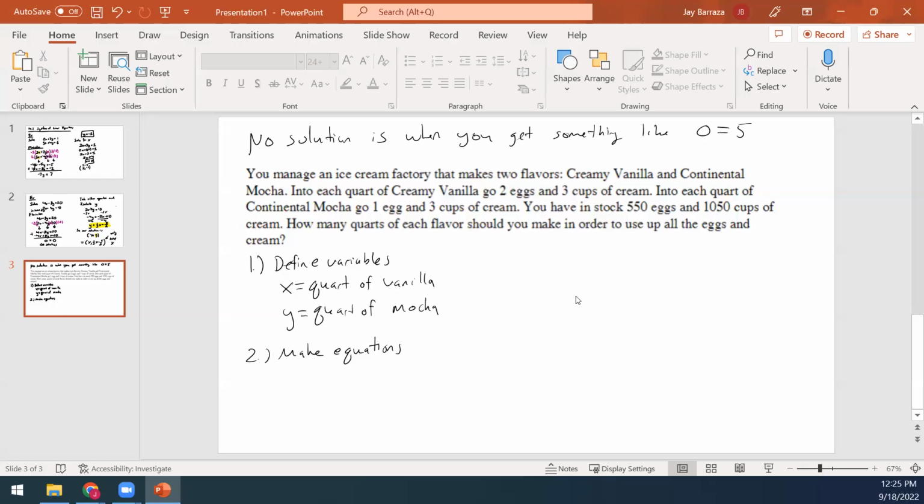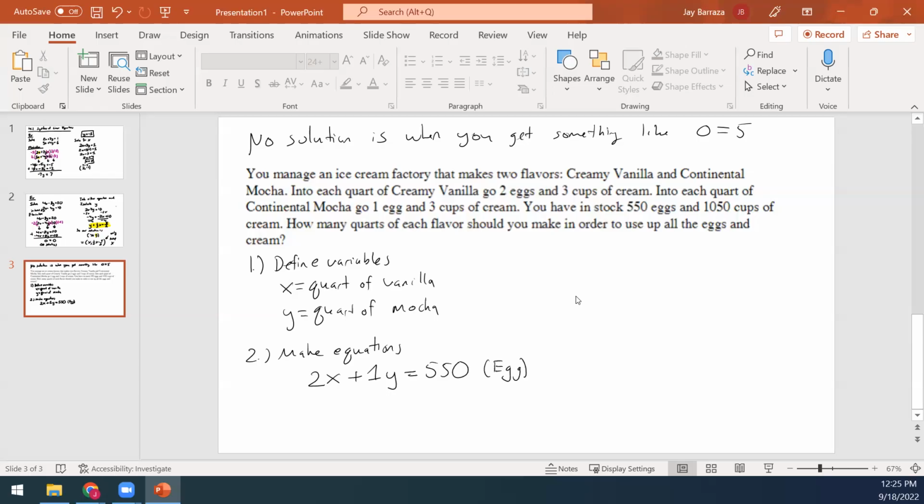So for the eggs, I use 2 for my vanilla plus 1 for my mocha, and that is equal to the 550 eggs that I have. So this is my egg equation. Does that make sense? What a lot of people kind of confuse is they're trying to make a